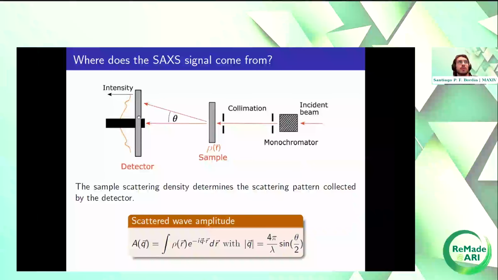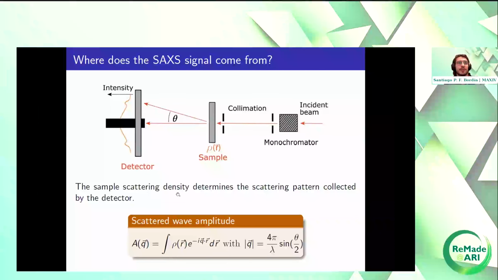Here in the detector, we will collect the signal coming from the sample, and the sample scattering density, which defines our sample, can be the electron density in the case if we are using X-ray, or the scattering length density in the case we are working with neutron, will determine the scattering pattern collected by the